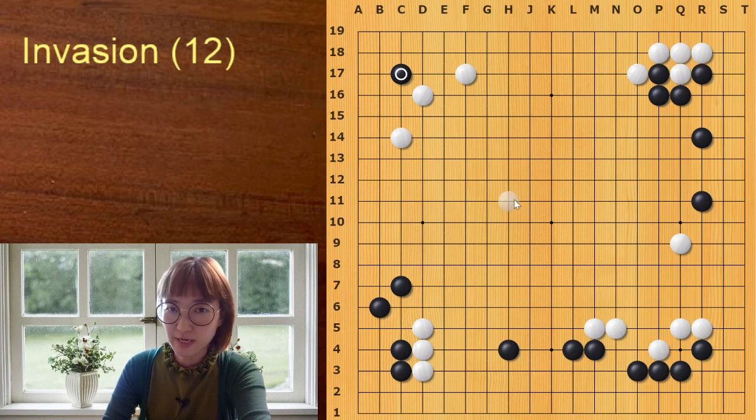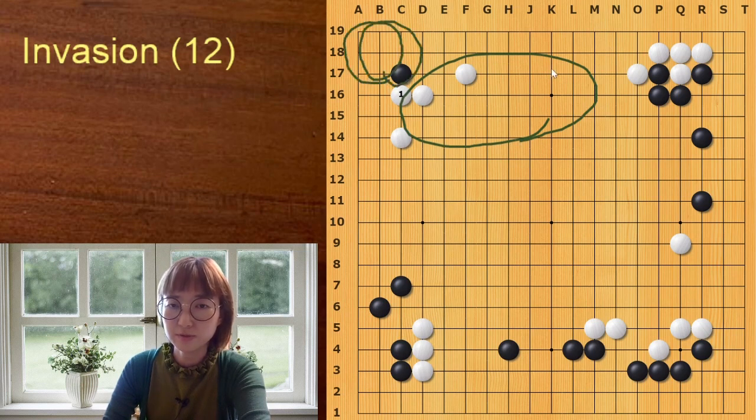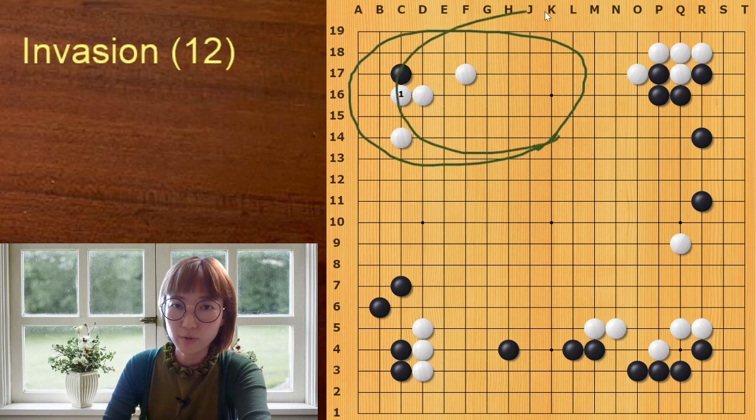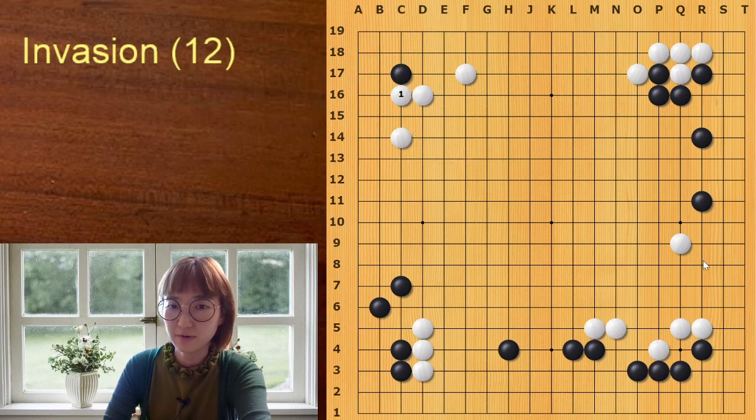I mean, in the actual game, I answered from this side. We can compare this shape. As you see, white has a very good moyo on this side, right? And even if black plays first on the corner, black cannot leave perfectly. Black can make a call, right? So in this case, we can say white has a great moyo on the upper side, but what if the